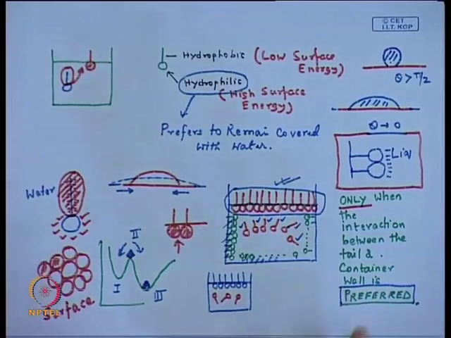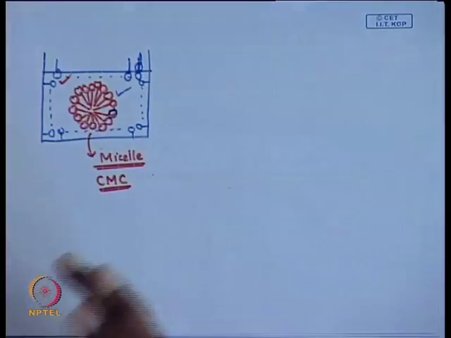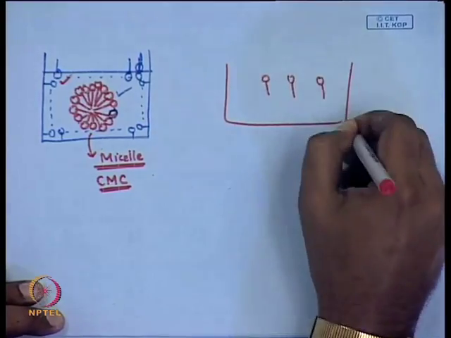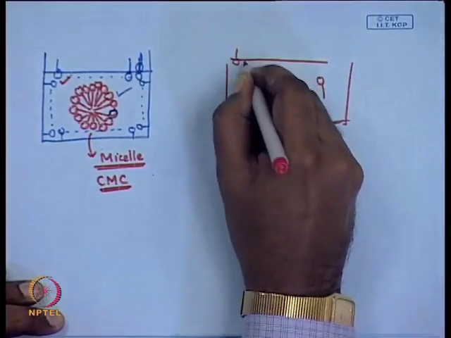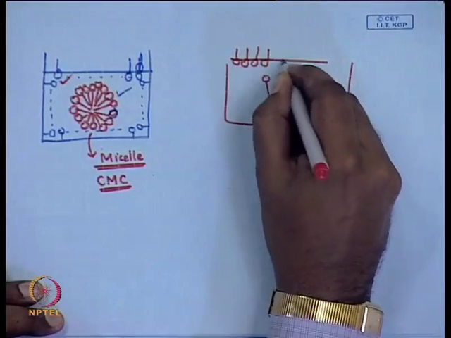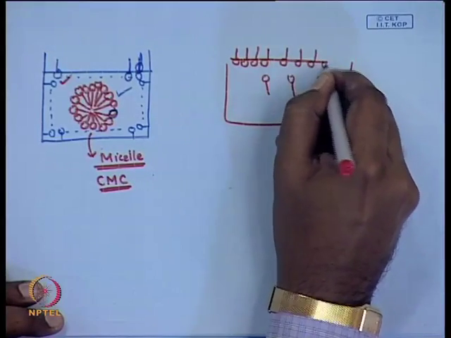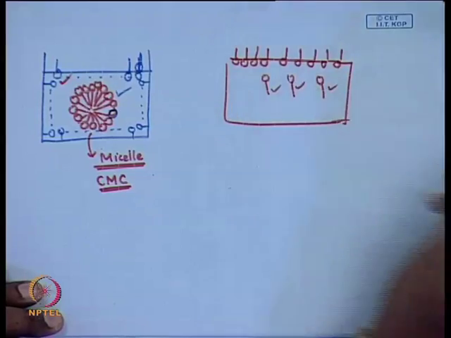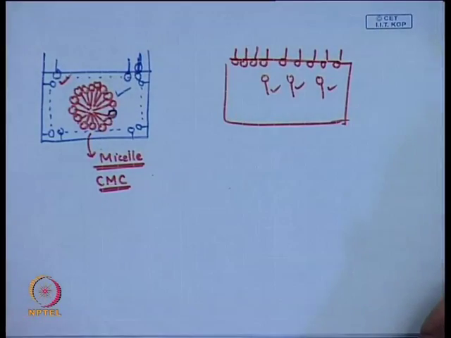Now, in order to create this type of a structure, you need some adequate number of molecules. Even if you have, let us say, my interface fully covered and somehow you have 3 molecules dangling in water. So, if that be the case, unfortunately though these interactions are not favored, these molecules will not be able